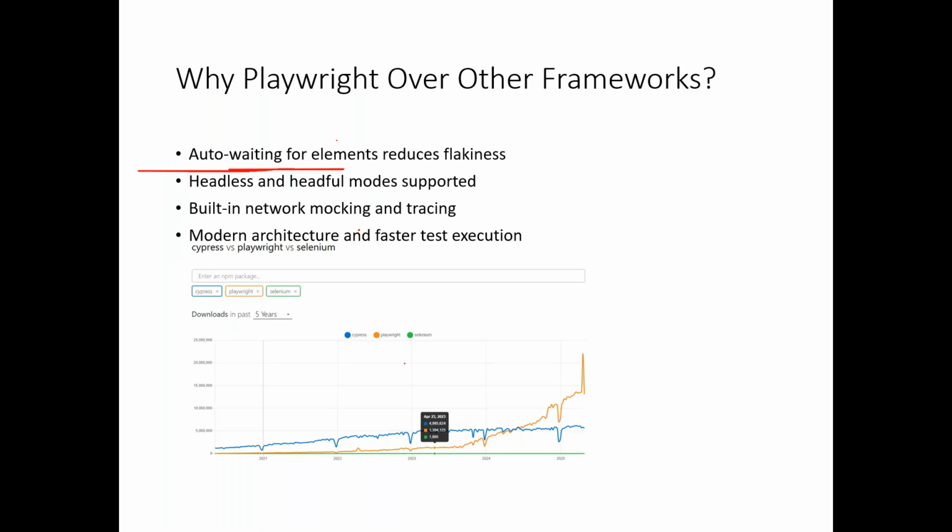compare Selenium, Cypress, and Playwright. This data is for the last 5 years. The graph in orange color is for Playwright. The second one that you see, the blue color one, is for Cypress, showing the number of downloads of Cypress. This entire thing is actually for Playwright,